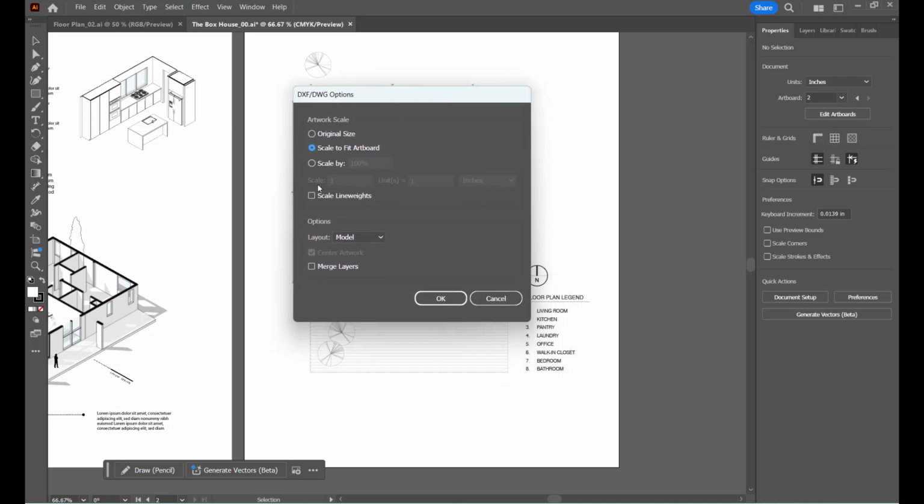So when I open my AutoCAD file, this window pops up, okay? And it asks me about the scale and the layers, okay? So here you can specify a specific scale and give it to it, or you can just go by this scale. In this case, I just like it to be fit to my artboard, and I'm gonna play with that, so the scale doesn't matter to me right now. And then I don't want to merge layers. I would like to have my layers separately. Okay, I mean, I would like the items to be in separate layers. So I'm gonna open the file,